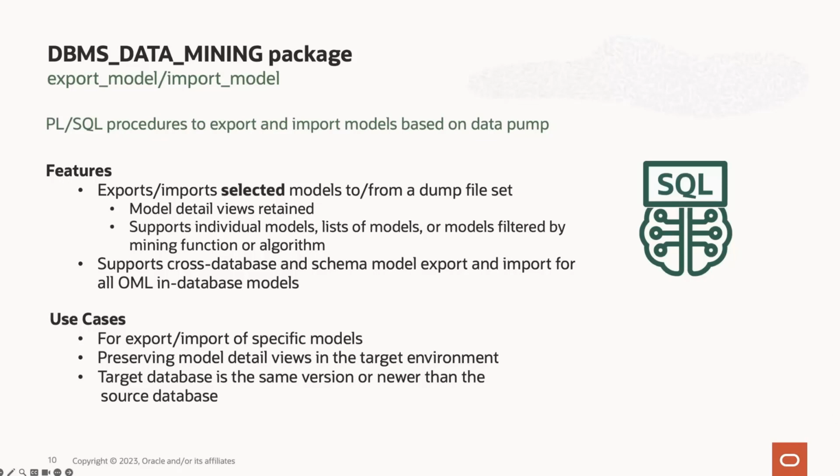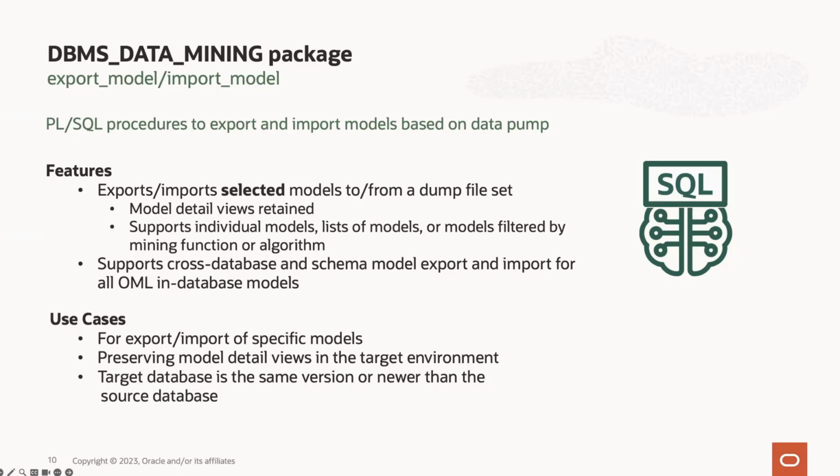And as a result of building models, each model has its own representation and a set of model detail views that provide information about the model, such as model statistics for evaluation. Users can query these model detail views, and the views are different for each algorithm. It's important to note, for example, that for classification models, there is a view that describes the scoring cost matrix and another that describes the target distribution. Export model preserves the full detail views so the user can actually query them after being imported into the target